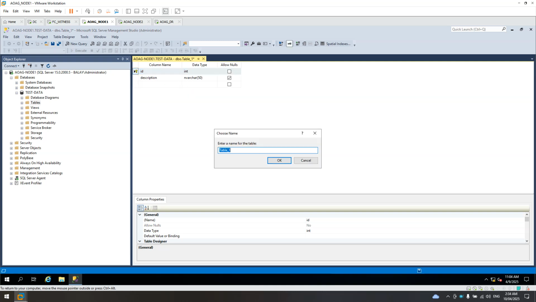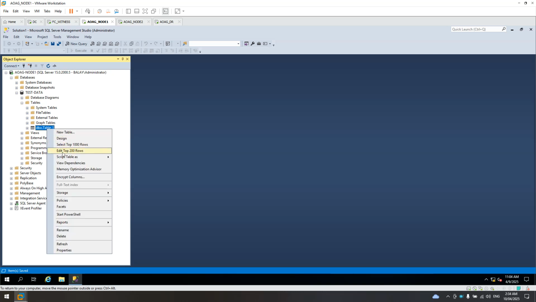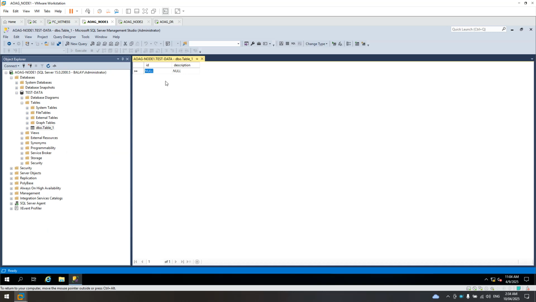Save the table. Let's refresh this table. Expand. We have the new table. Alright, so edit that one. Let's put records in that table. One, description is a two, three.